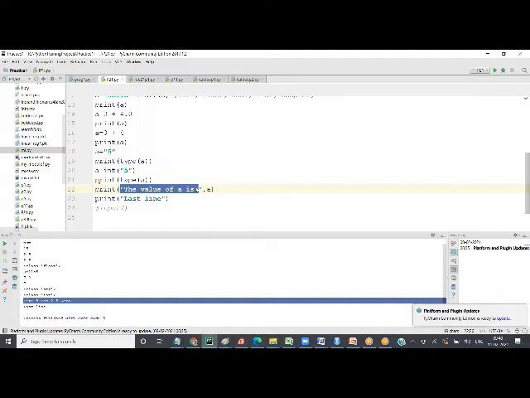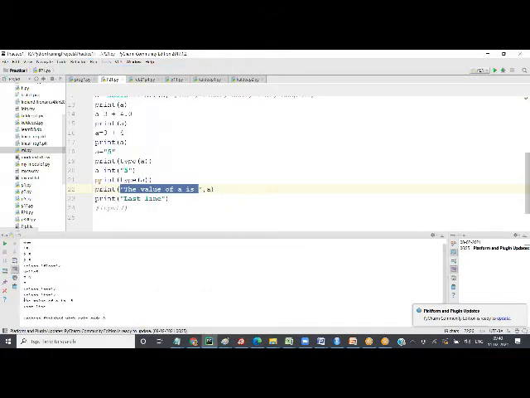The value of A is, I want to print as it is. So I said the value of A is as it is, comma A. When I say A, the value of A will be printed. So when I run this, P21, the value of A is, you see, it is printed as it is.